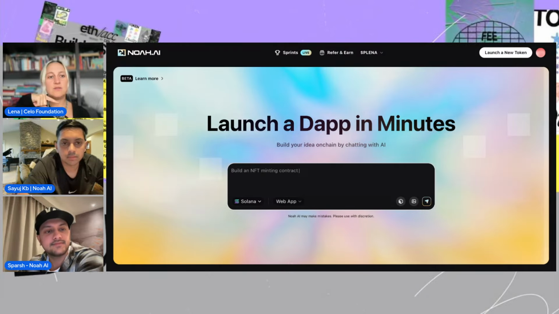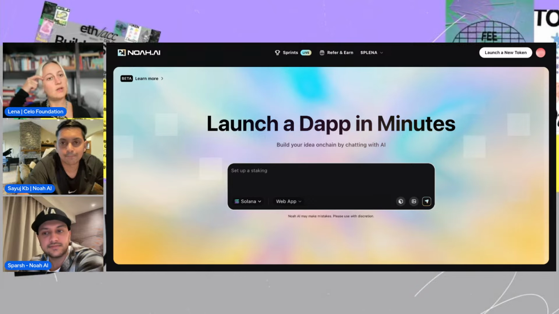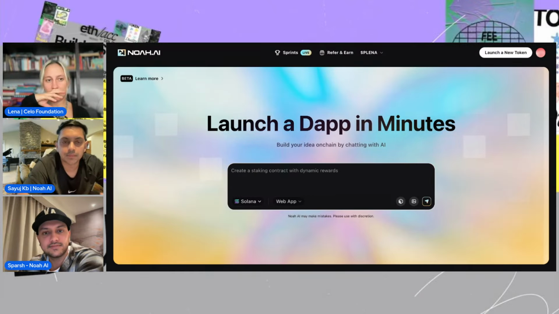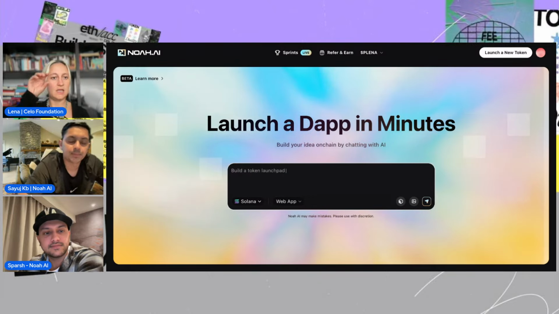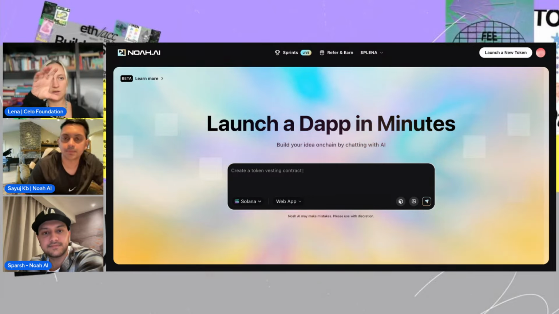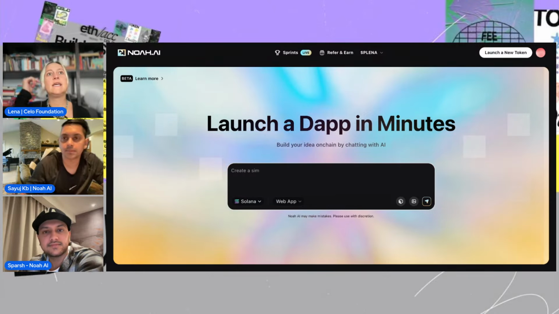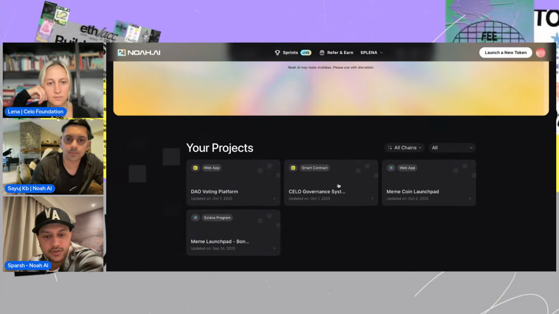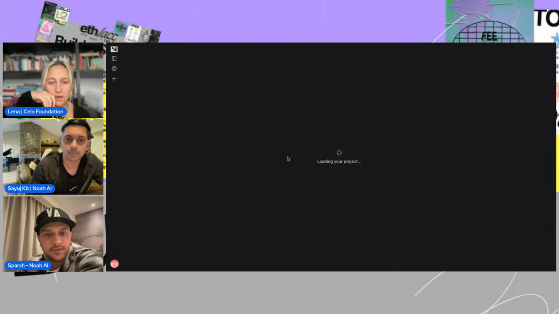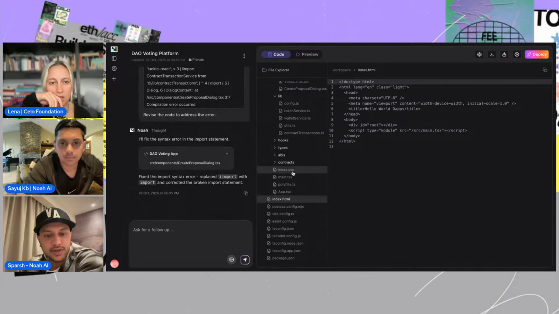And just for everybody who's building with Noah AI, I would suggest that if you download the code, still put everything in the same repository. One code block in the front end, and the other code block in your smart contract folder or contracts folder. I think we can also use this, right? So just give me one second. Okay. So this also has the smart contract.